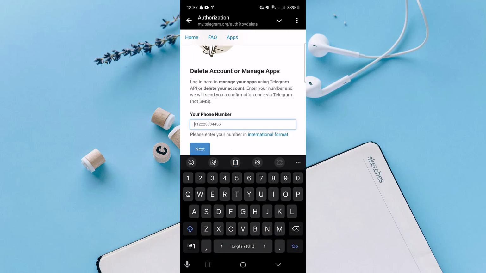Here, give your phone number, and once you give your phone number, Telegram will just give you a confirmation code via Telegram, and after getting that confirmation code, you just have to head over to their website and just delete your Telegram account. So yeah, this is how you can just